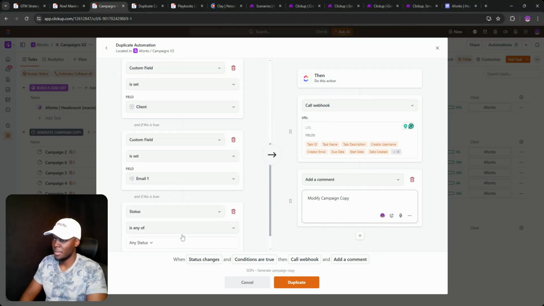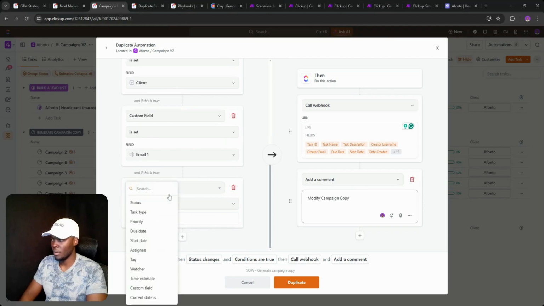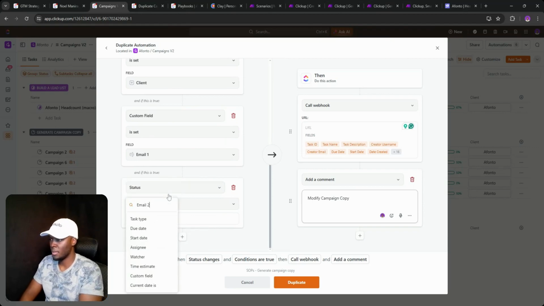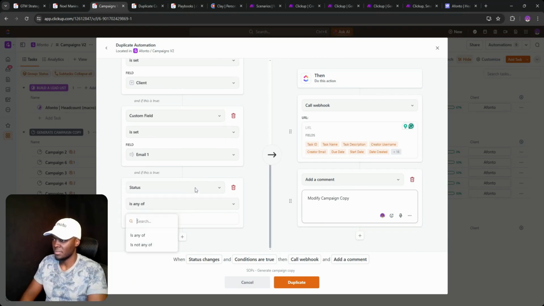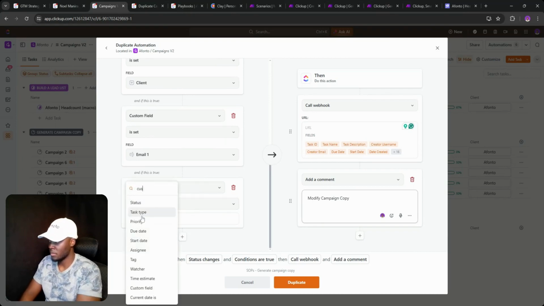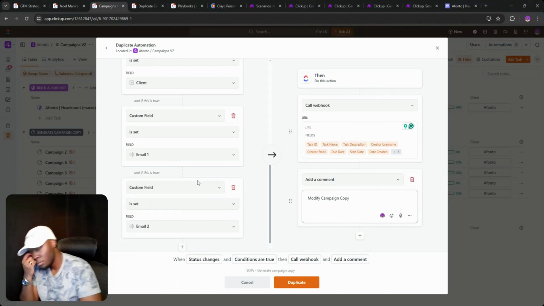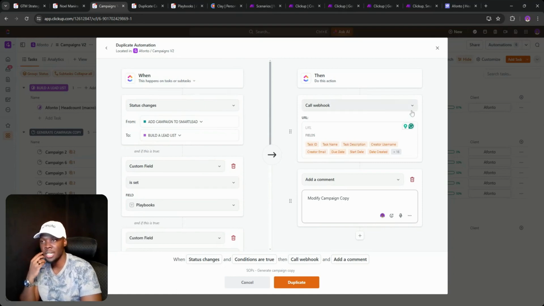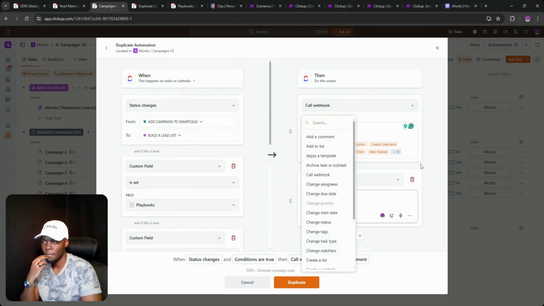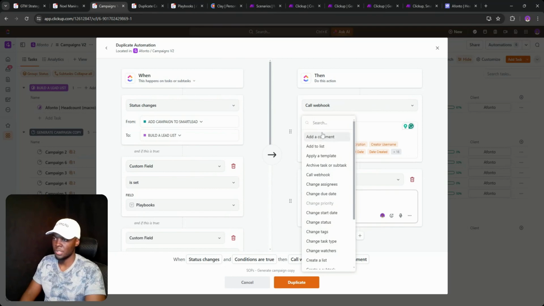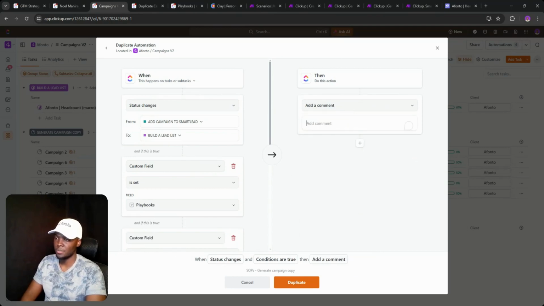Email two as well. Email two is set. What we're gonna do is add a comment. And that's it. So we just add a comment which says